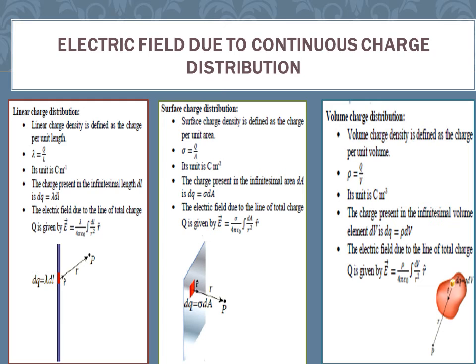Before that, consider the charge present in an infinitesimal length. If the charged wire is of infinite length, then the charge present in an element is represented as dl, because you're going to integrate it. So dq will be equal to lambda into dl. In the next case, dq will be equal to sigma into dA, and the last one, dq is equal to rho into dV. Just substitute the equation and find out the value of the electric field. Okay, just go through the slide again.